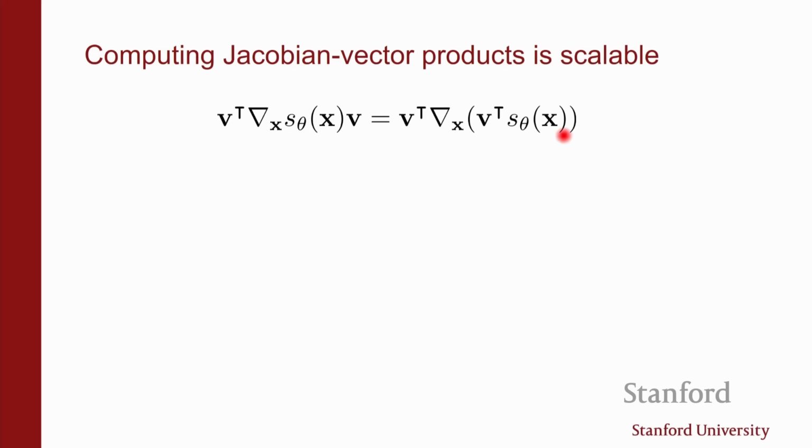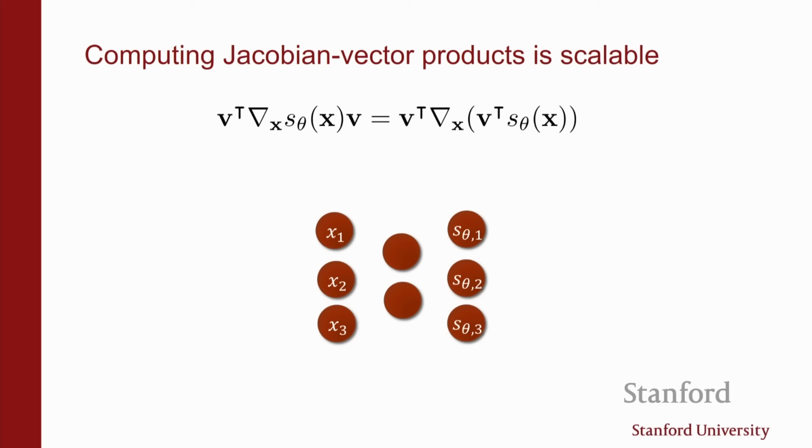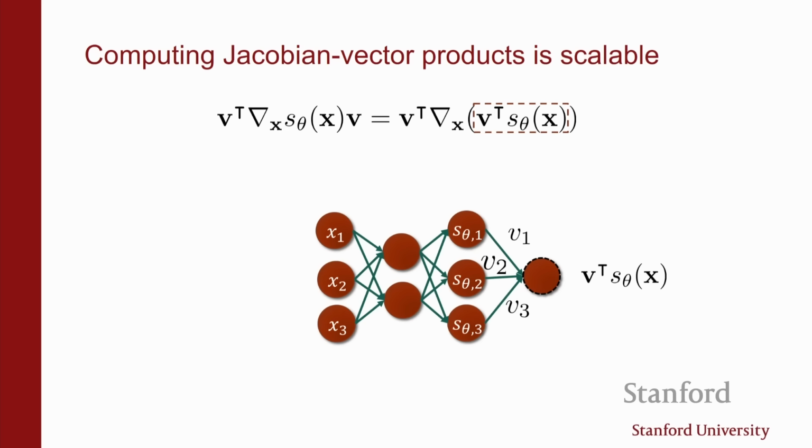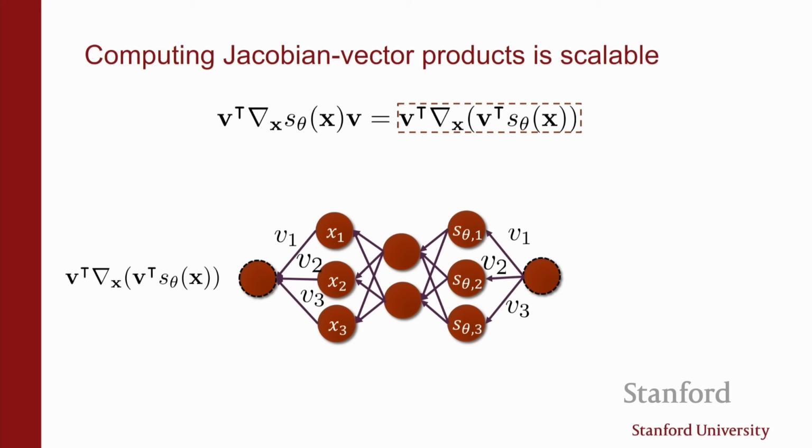So if you think about it, this is the expression we started with, which you can equivalently write as the gradient of the dot product. And that's something that you would compute like this. So you have a forward pass that computes s_theta. Then you take the dot product with v, and that gives you a scalar. Now you do a single backpropagation to compute the gradient of that scalar with respect to all the inputs. And then you take another dot product to get back the derivative or the quantity. And so this can basically be done roughly at the cost of a single backpropagation step.